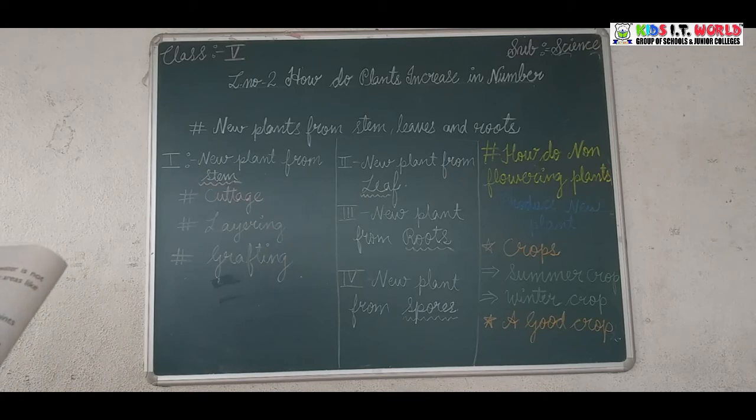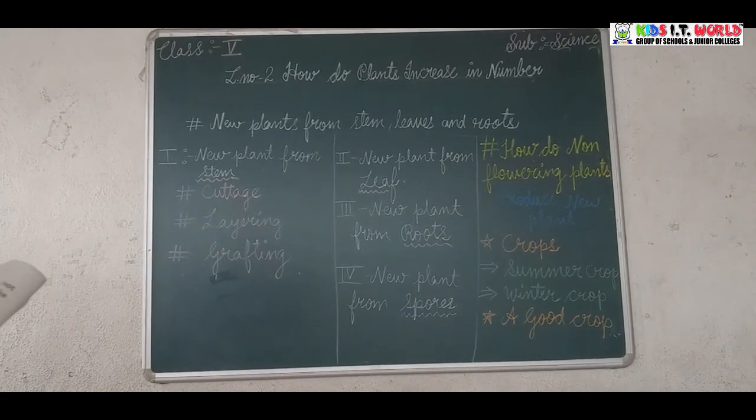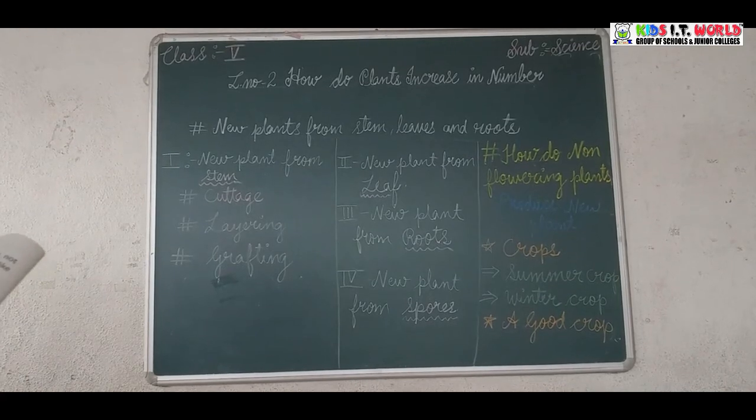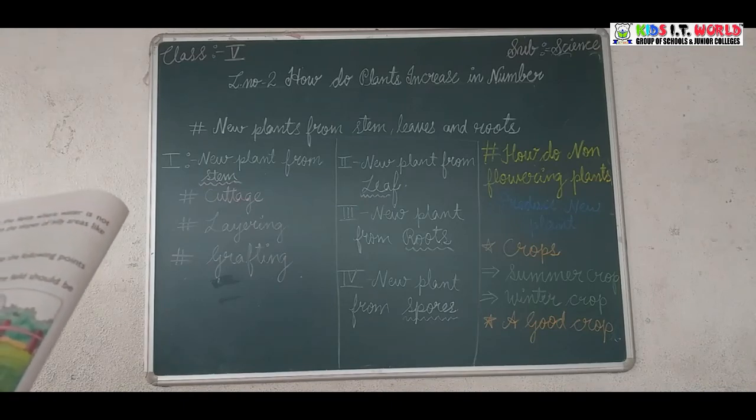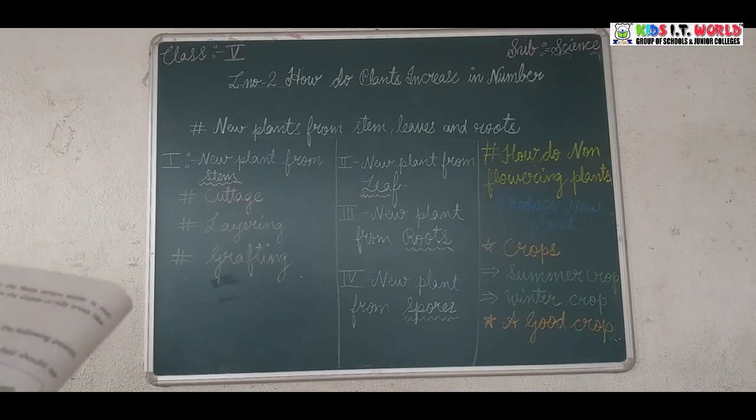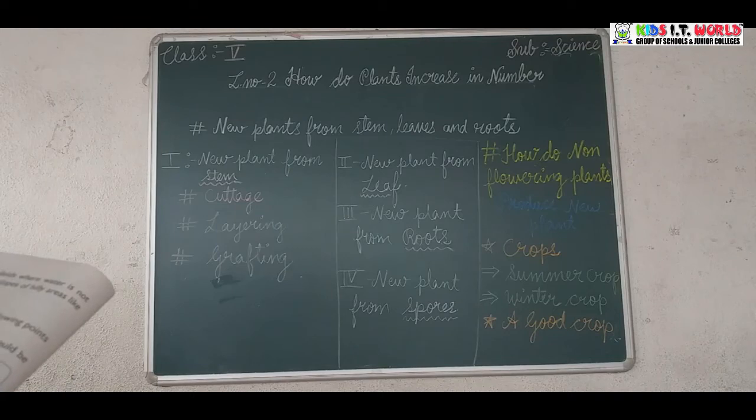A good crop. Farmers work very hard to grow good and healthy crops. Yes, if we go to a village, we see that farmers do very hard work. They keep the following points in mind for cultivating a good crop. For example, the soil should be suited to the kind of crop grown, and the entire field should be well ploughed so that the soil loosens up. Good quality seeds should be sown to get a better crop. Manure and fertilizers should be added to the soil to make it rich in minerals and fertile.